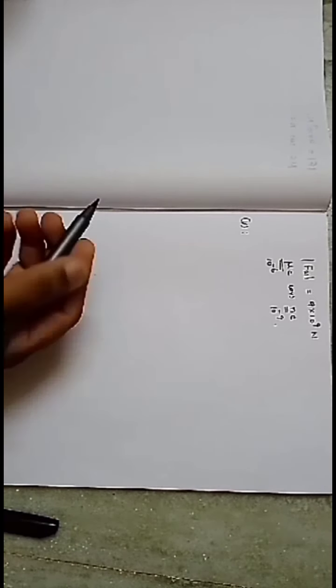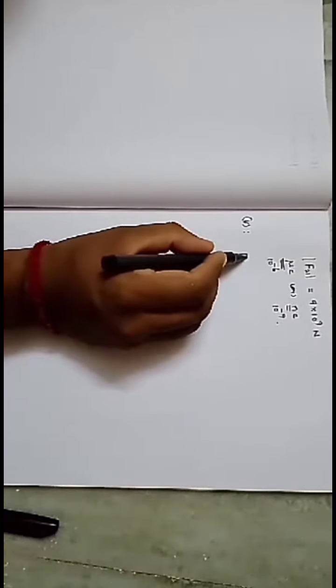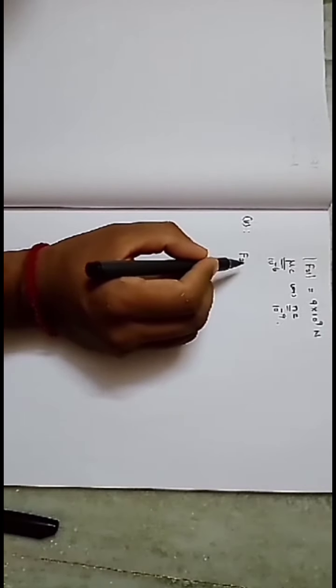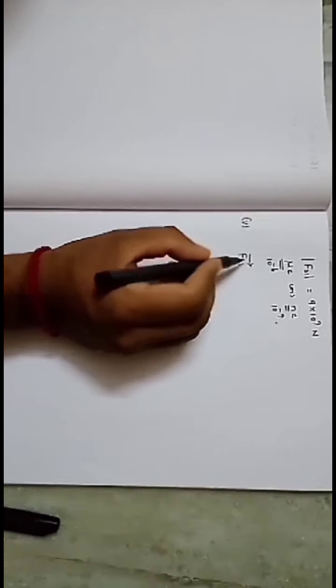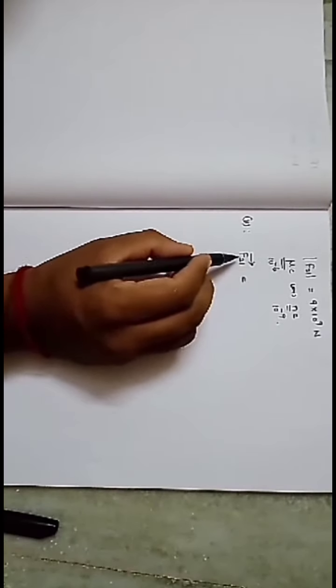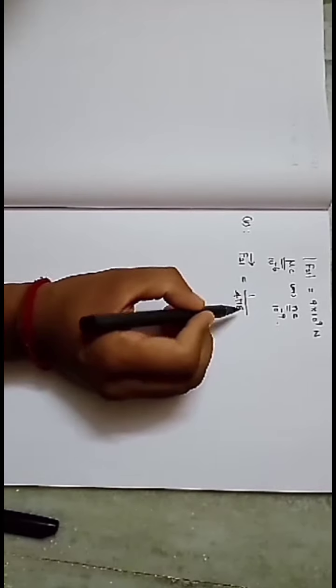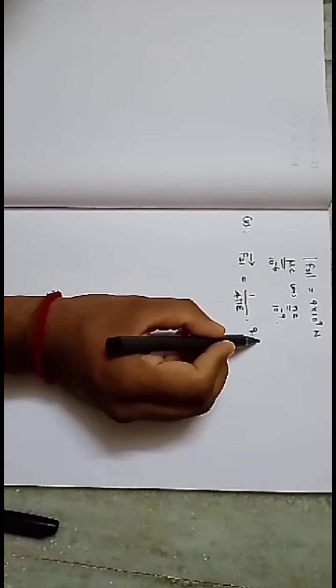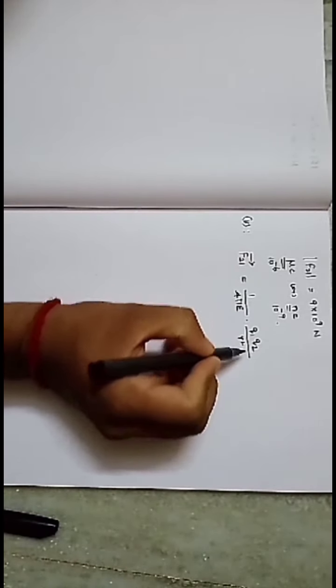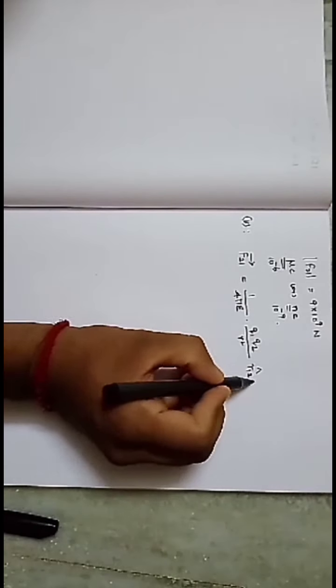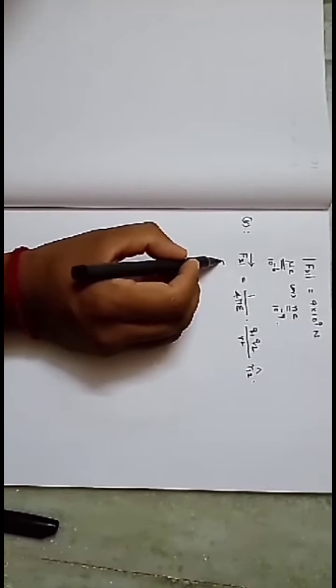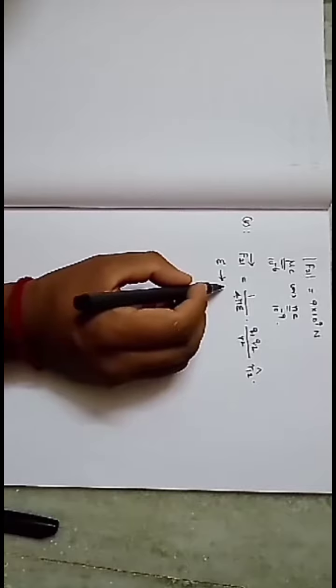If the charges are placed in a medium, the force of attraction or repulsion between the charges can be written as F21 vector is equal to 1 divided by 4 pi epsilon, q1 q2 divided by r square, r21 cap. Here what is this epsilon? The epsilon means